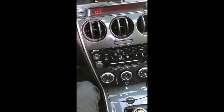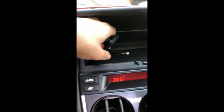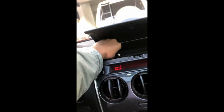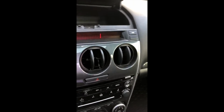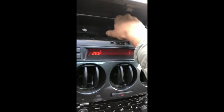So what I think would be a good idea is using this. You can open this, and I actually have these two wires because I had this little boost gauge, which I'm no longer using. Just ignore these wires for now, because your car probably won't have them, or if it does, you can push them back like so. Maybe put a zip tie around them so they don't get lost back there. And then you can take this, and there's this little felt carpet, and you can take this out, and right here you can stick it like that, and you can rotate this like so,